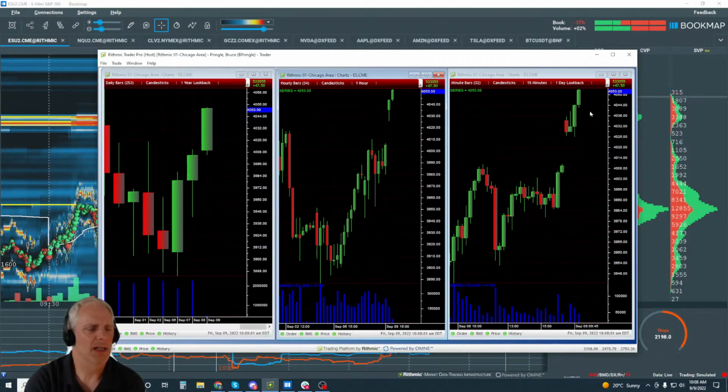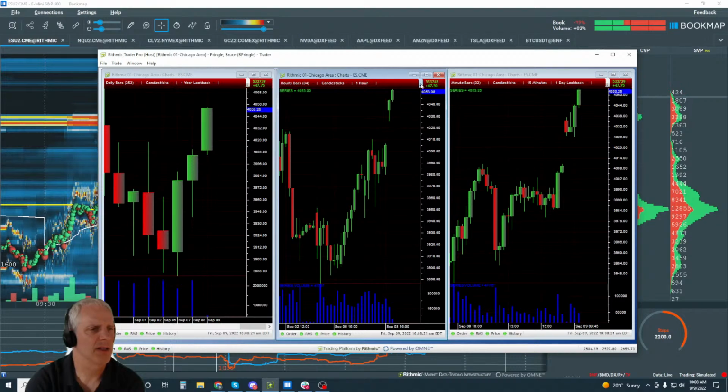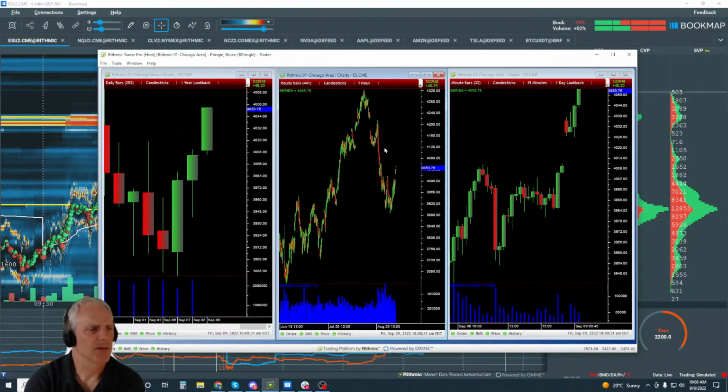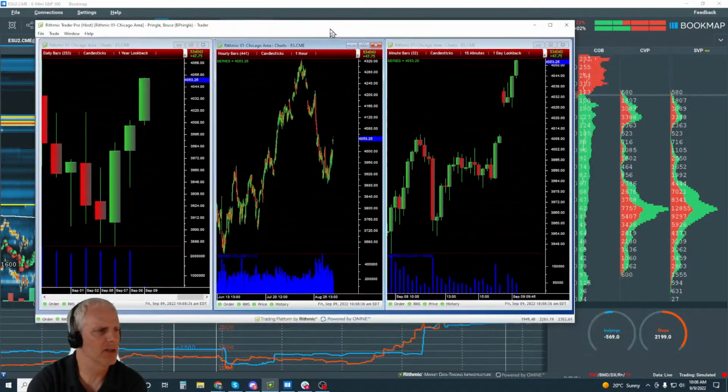Right, so let's take a look at where this might go. All right, so we can add more data in here. 500 bars. No, that's not it. One week look back. Yeah, we want to look at three months or so. Okay, so here we go. And this is that 100 area up here. Let's just make this a little bit bigger